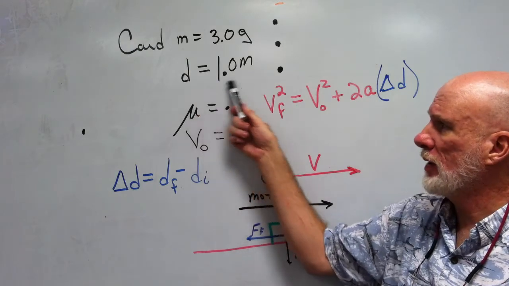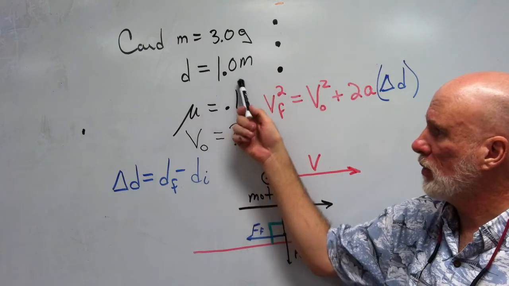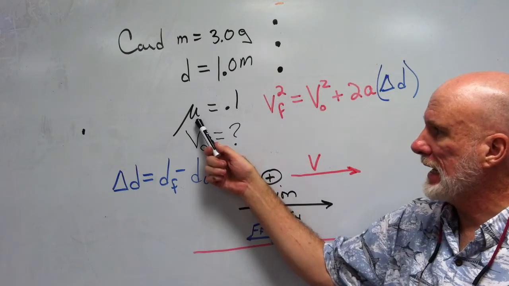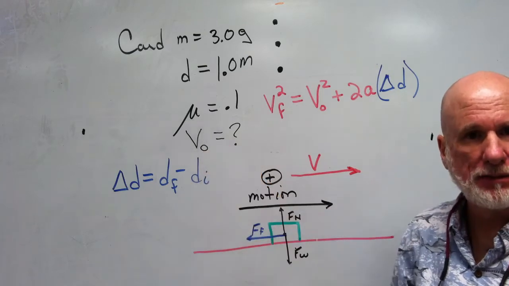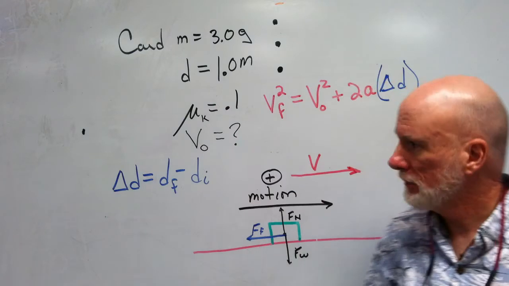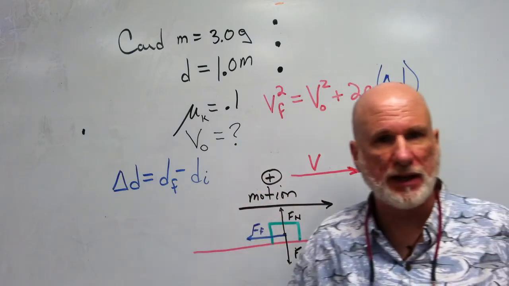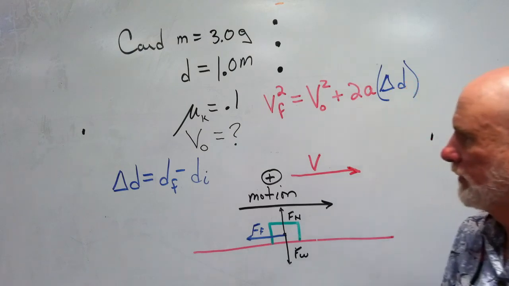The card went 1 meter. It's 3 grams. It went 1 meter. It has a coefficient of kinetic friction of 0.1, and I want to know what the initial velocity was. Okay? Now,